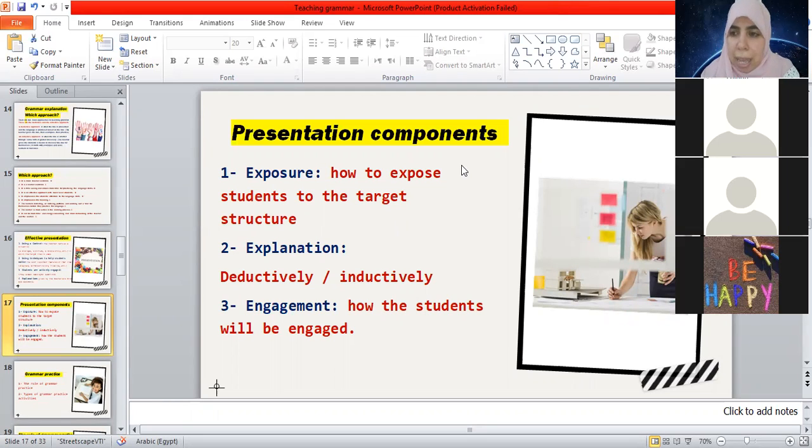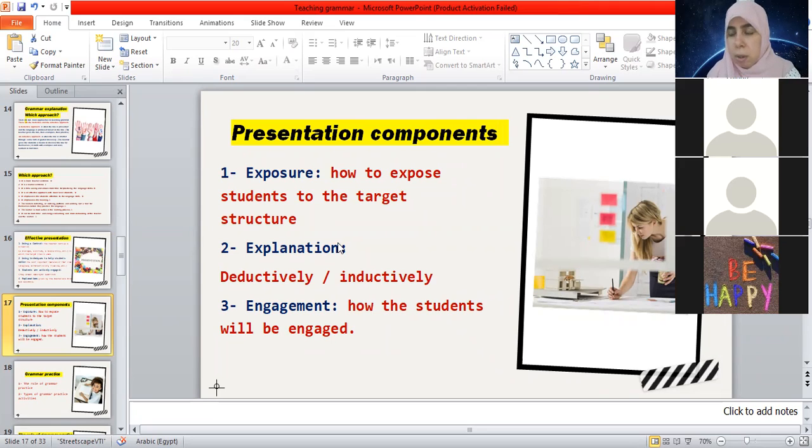Explanation, as you like, you can use a deductive way or an inductive way. And engagement: how can I engage my students in the presentation? It's very important to expose my students to the grammar structure, to explain it clearly, deductive or inductive, it's up to you. And number 3, to engage your students. Don't let them just sit and listen. They have to be engaged and involved. This will make it easy and memorable for them. This is